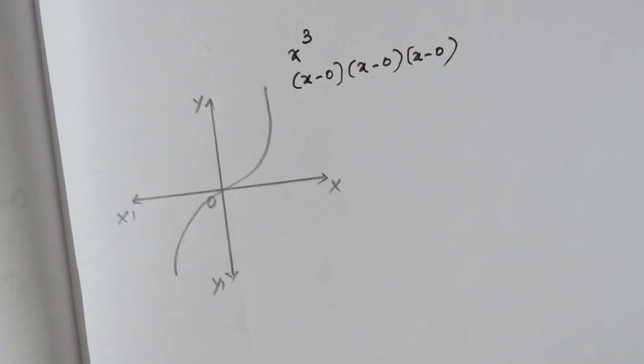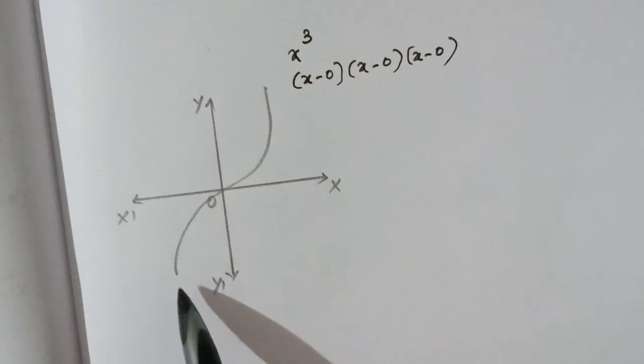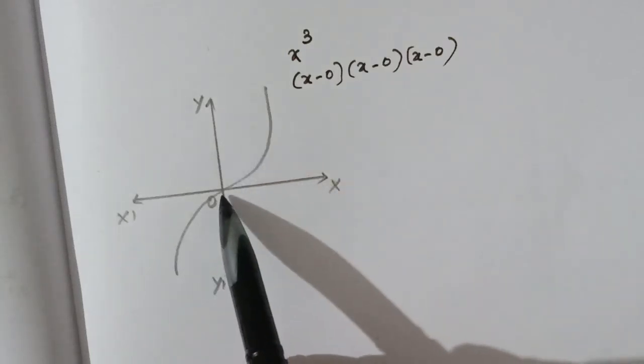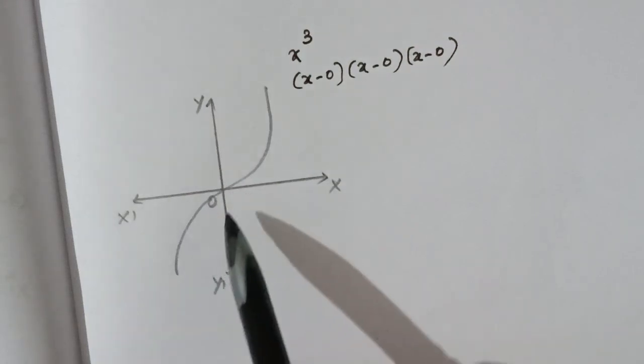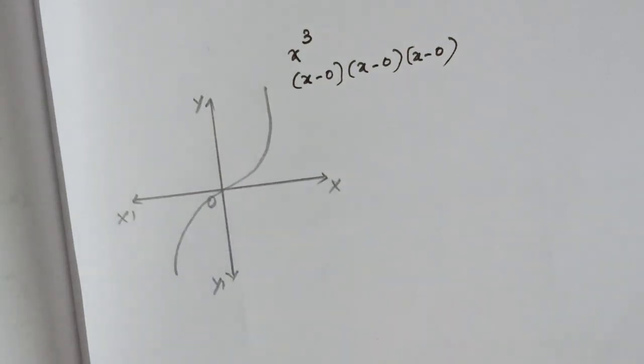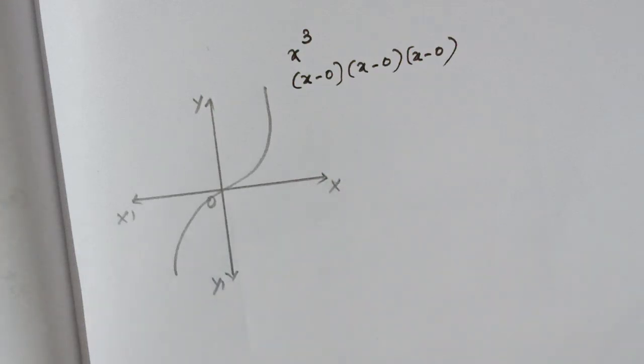A linear polynomial always has a graph in the shape of a straight line. Since this shape, the graph of a cubic polynomial, touches only at 1 point, that shows that it has 3 zeros. So this is how to find out the number of zeros of a polynomial by seeing a graph. I hope all of you understood.